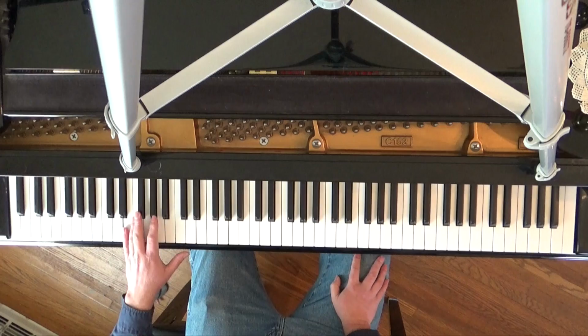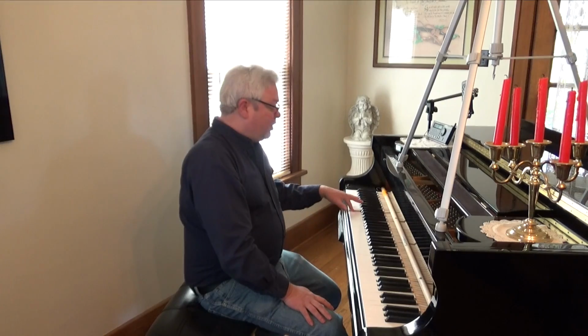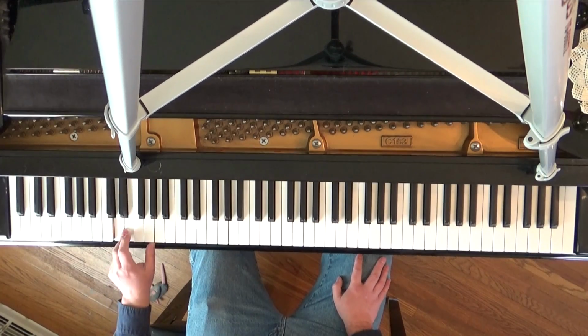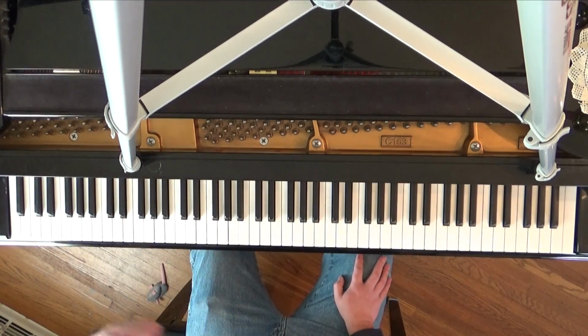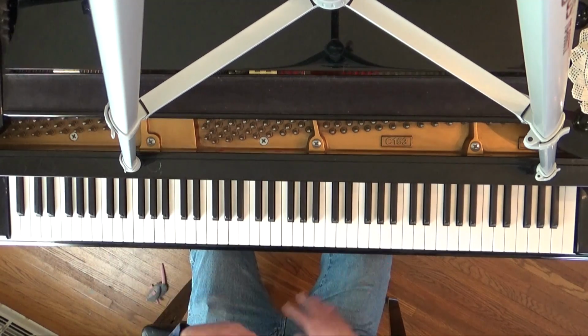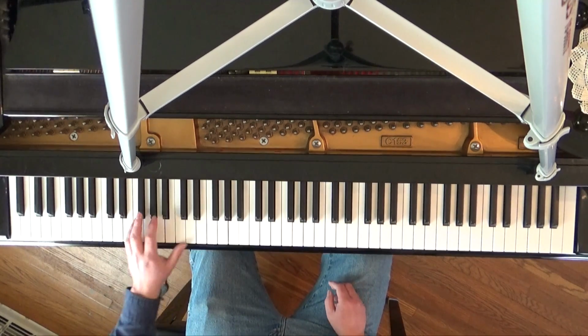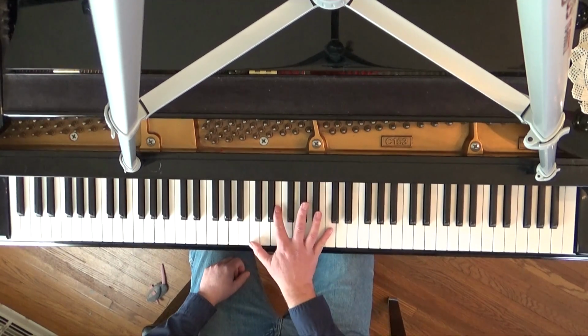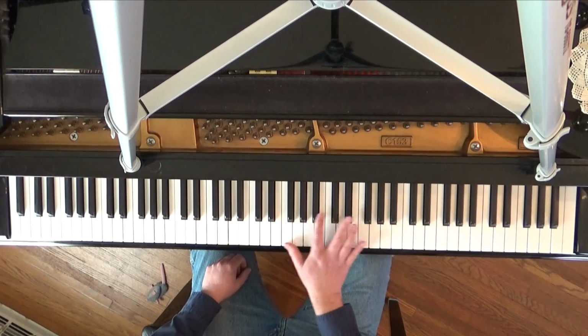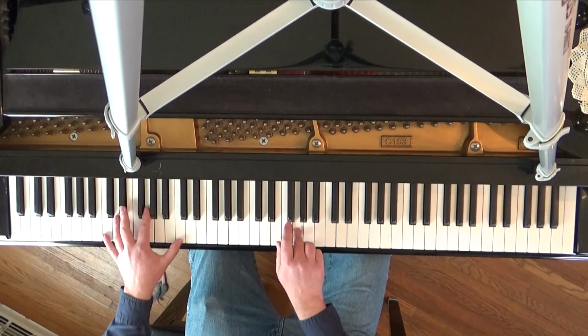Again, with that roll up, you can take it from the fifth and roll back up. You can take it from the third and just bounce it a couple times. Just keep it in time with the music. That's the key. That's the secret to this, is keeping everything in your timing. But that definitely throws a little gospel flair in. The right hand, all I'm doing is once you get the melody down,